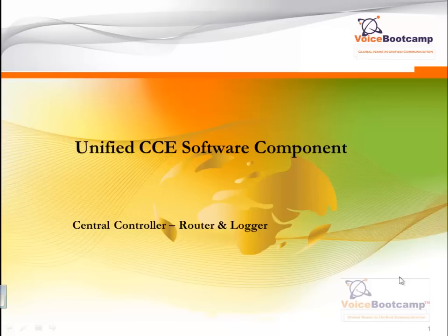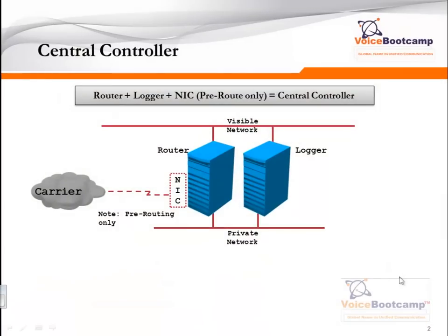In this particular chapter, I'm going to focus on the router and the logger and their setup. A central controller is when a router and a logger, and optionally a network interface controller, work together. Typically, in a central controller, you'll have two types of network, a visible network and a private network. The network interface controller is a special configuration that allows the router to communicate with the carrier using an